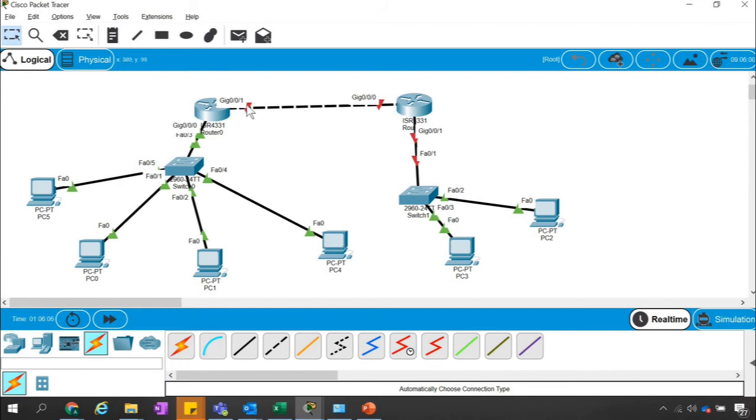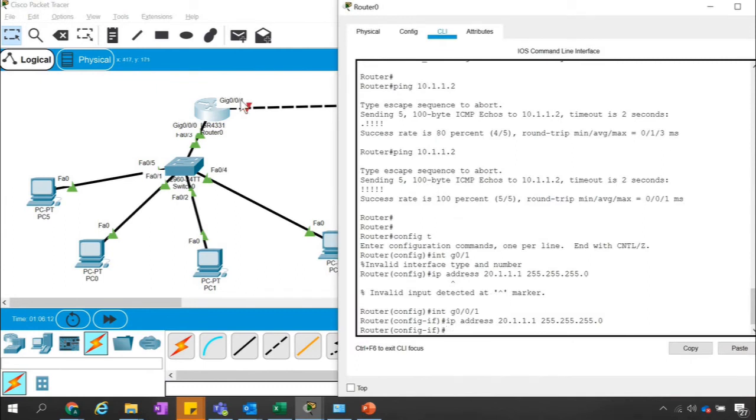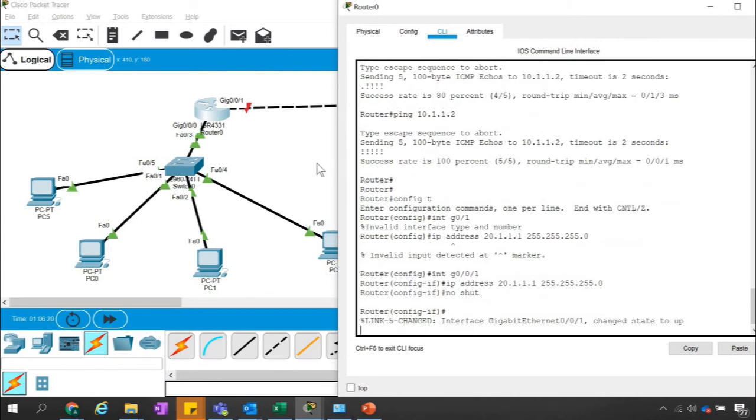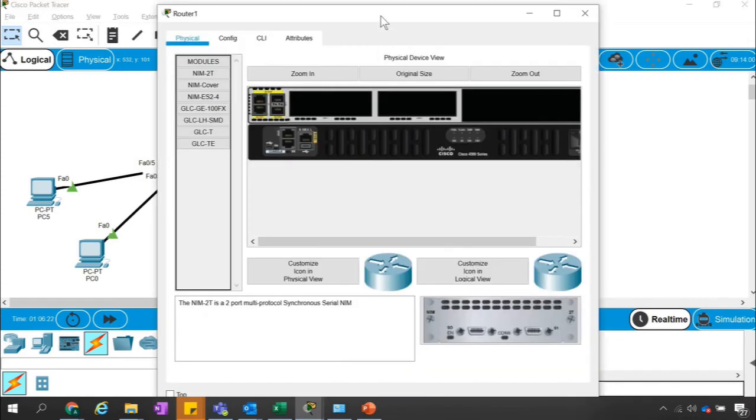But right now we see that these interfaces are not configured. So first I'm trying to configure the IP address on these interfaces. On G0/0/1, I have assigned an IP address of 20.1.1.1 and I'm putting it no shut, and the same thing I'm giving it here.